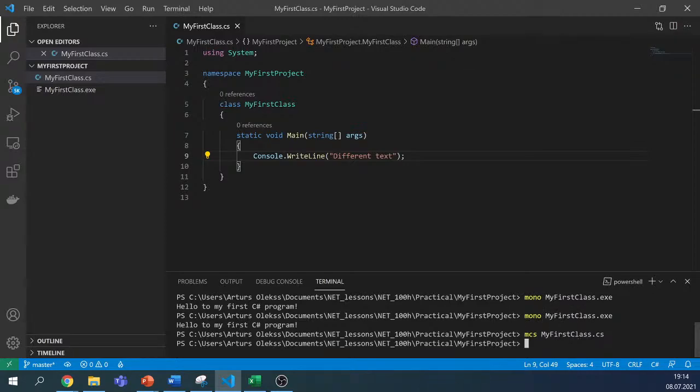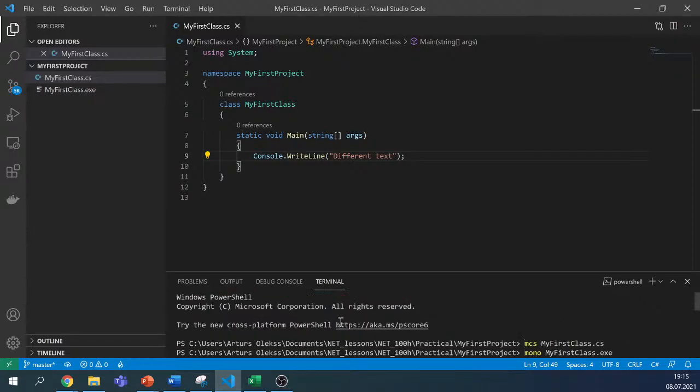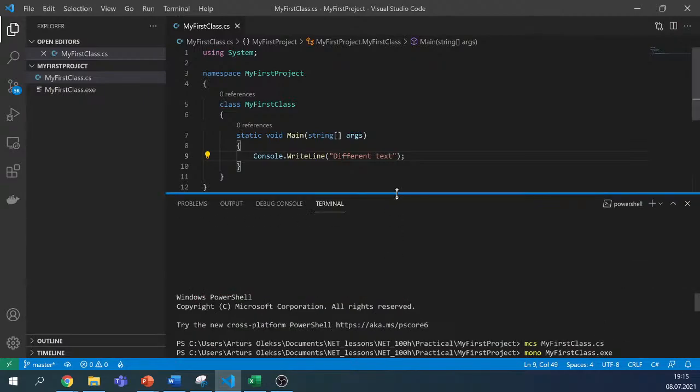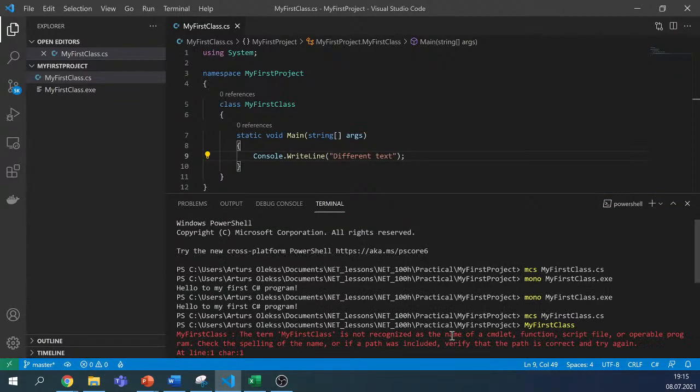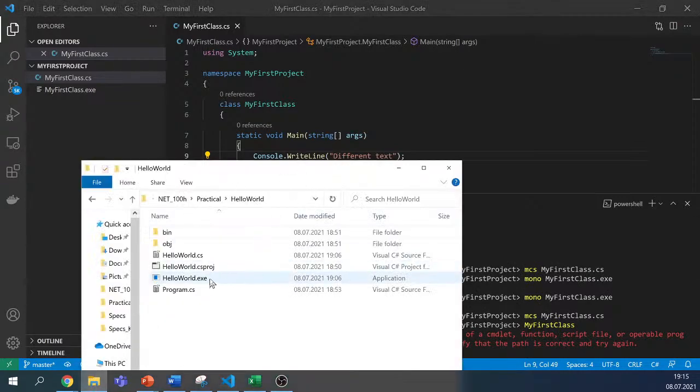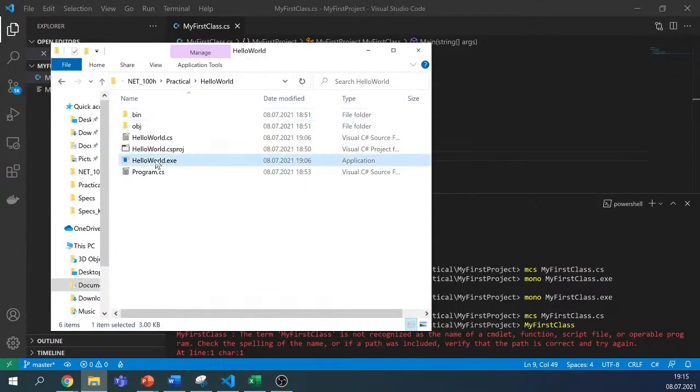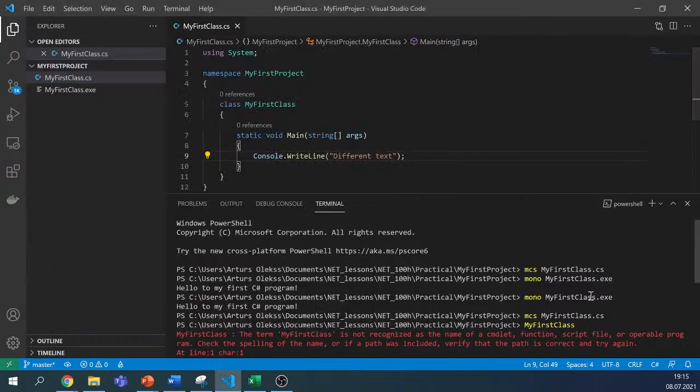So otherwise, yeah, that's the question also from Anastasia. What exactly does Mono do? It actually runs the program, because you cannot simply run the program this way. It doesn't do anything. Even if you press this executable directly from here, you can also try, you'll see that you'll just have this window open and then it will be closed. So Mono is needed